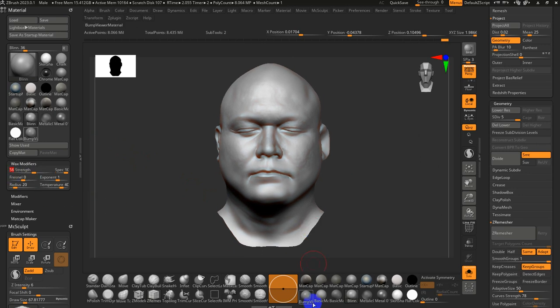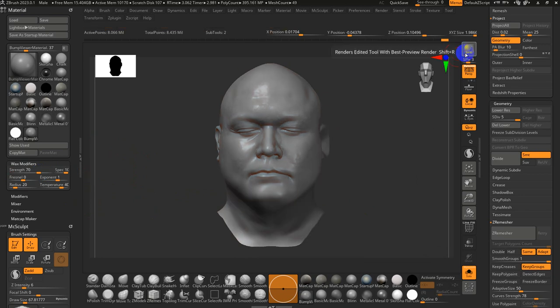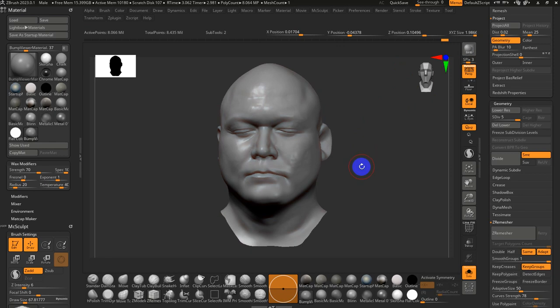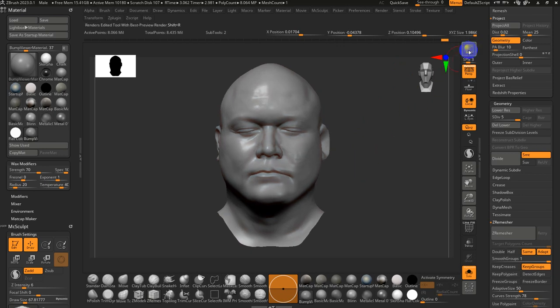So let me go back to, what is it, the bump viewer. 60, I think it's a bit too much at 80, so I'll dial it back to maybe 60 or 70. And then I'll hit BPR. And I think we got a pretty decent render. So if you want BPR to render in your turntables, as soon as I left click and drag and rotate, it breaks out of the BPR render. But if I recenter it, have it face the camera here, and hit BPR,